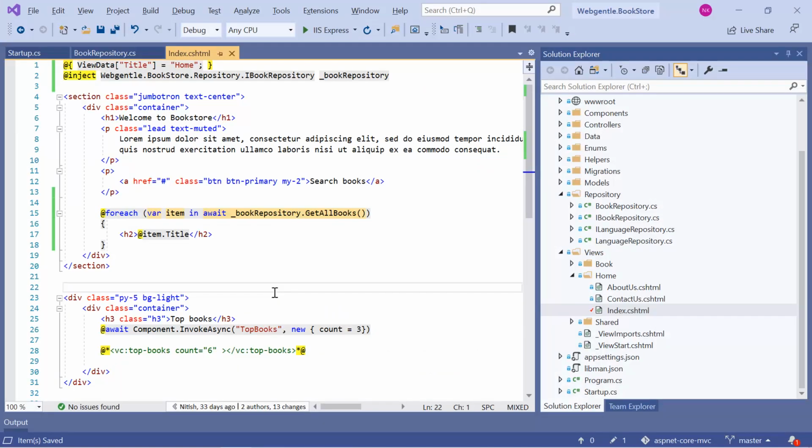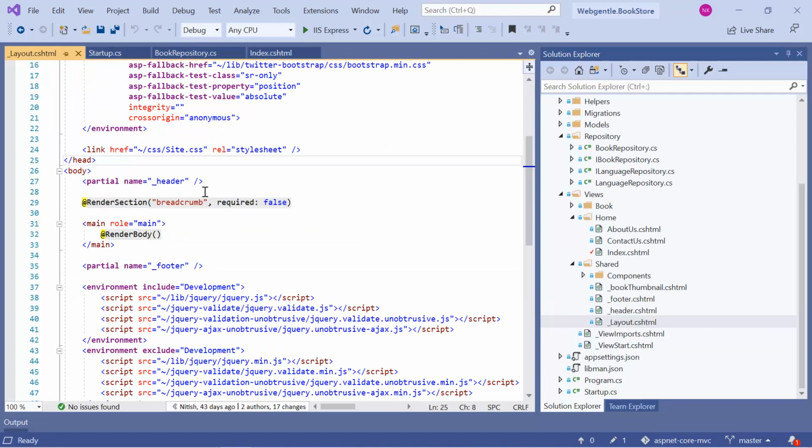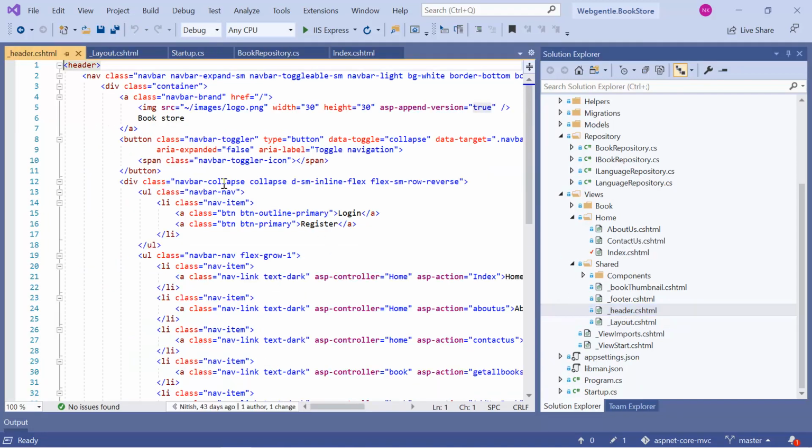Now let's focus on some real-time scenarios where we can use the services directly into our view file. Let's open the layout file, and in this layout file, let's open this header partial view. In this header, you can notice that here we are writing the name of our application, and this name is hardcoded. But suppose I want to get this data from any service. In general, you will get the data from the app settings file, but since we have not covered the configurations as of now in this tutorial, so we will get this data from a service and we will try to display that data over here in this place. You can also use this feature if you are making your website multilingual.